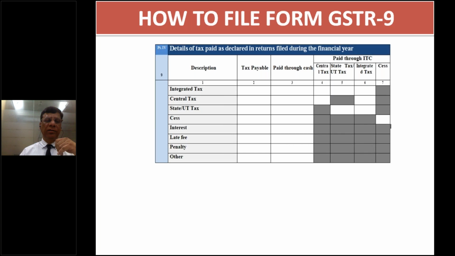The first column is the description of type of tax like IGST, CGST, SGST, cess, interest, late fee, penalty, etc. And what is your tax payable, how much paid through cash and how much paid through ITC. So this particular table may be analyzed by the lawmakers tomorrow, that how much taxes you have paid through cash in total for the total financial year. And this particular cash payment may be